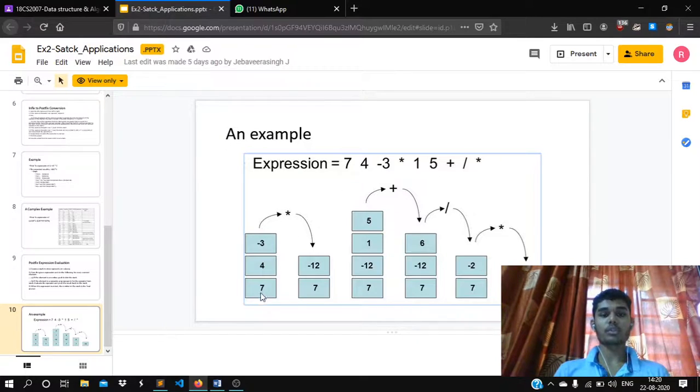So we are going to push one by one into the stack data structure. As we encounter a number, we push it in the stack, and whenever we encounter an operator, we take the top, then the second top, then we multiply, then again push it back to the stack. We continue until our end is reached. So we can see here how we got 4 and minus 3, we multiplied and pushed minus 12 into our data structure,